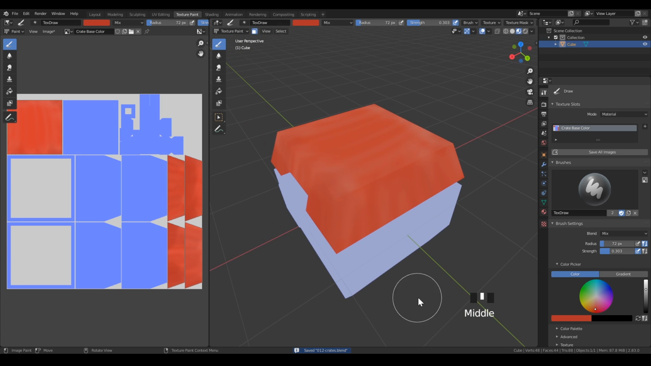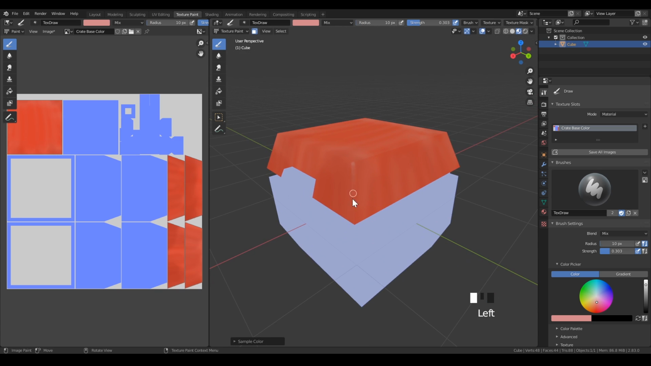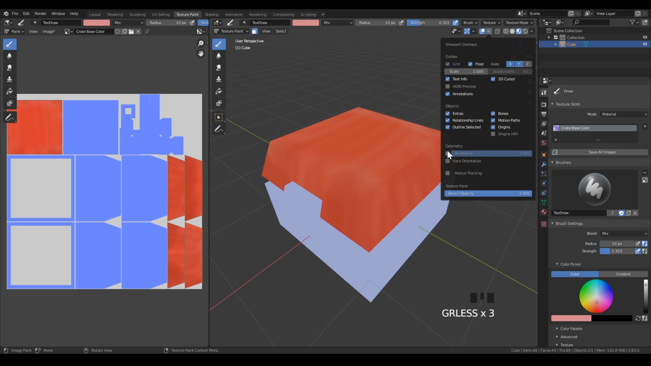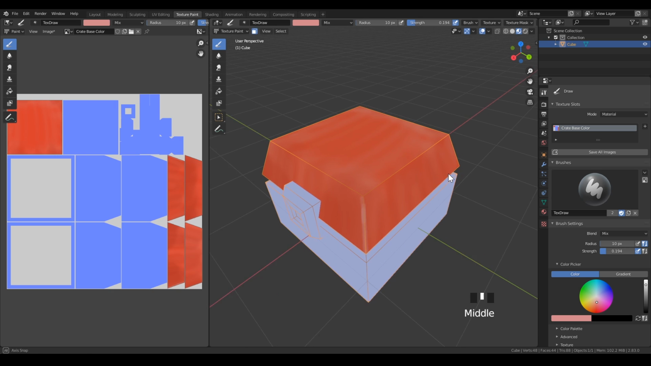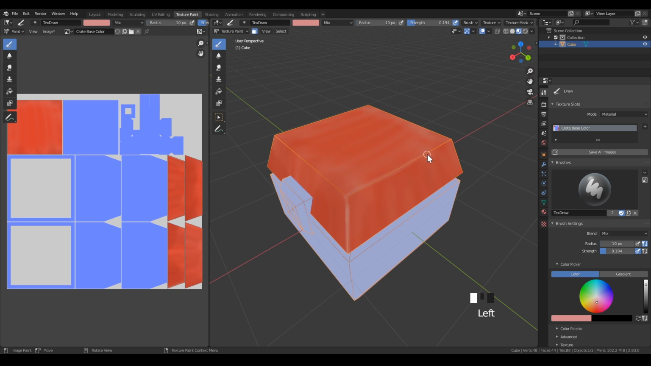Right, and now I will proceed and do some edges here, so it's really visible that this paint is worn out. I will reduce the radius here a little bit and start painting over the edges. You can additionally show the wireframe so you can better see what you're doing there. You can do this in the overlay settings, enable the wireframe, and let's just paint some